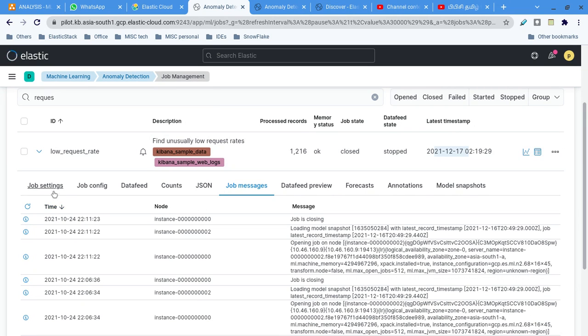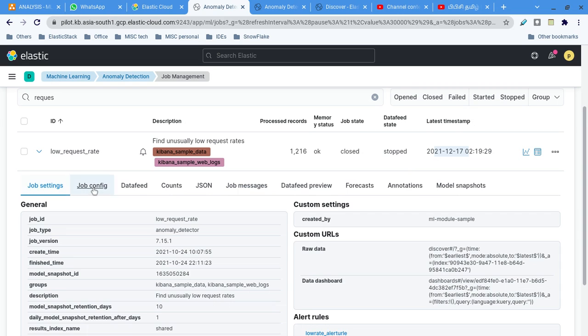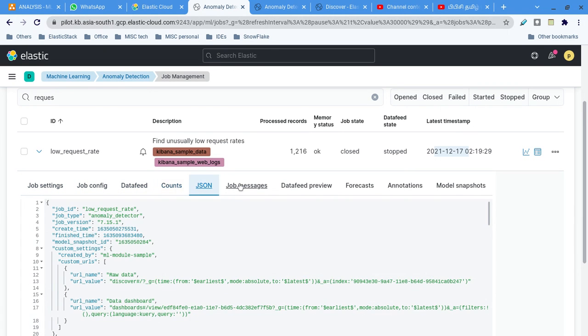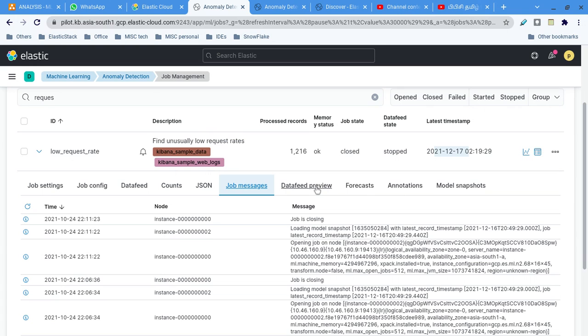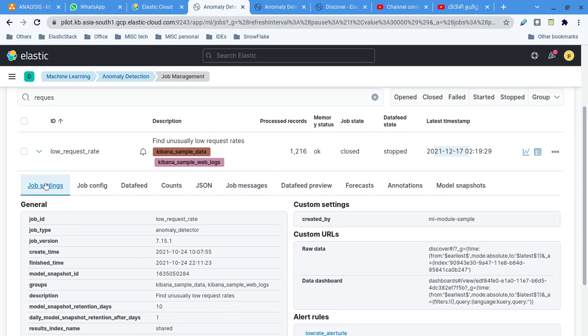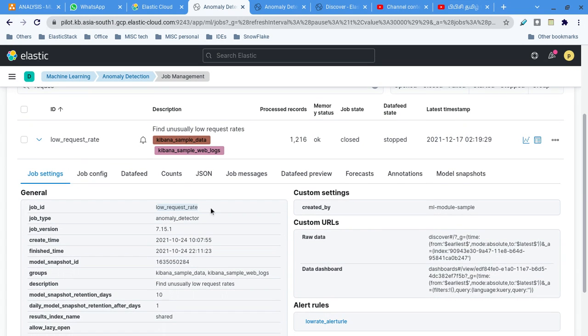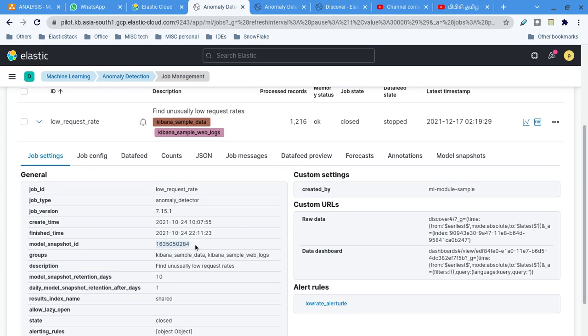Here are the different tabs available for each job. All of this information may be output of each job or configuration from job creation. Let's go to the job settings. Obviously we can see the job ID and job type, which here is anomaly detection. We can have data frame analytics as well: outlier detection, classification, everything. The job version is the Elasticsearch version, then created time and finished time. Then the model snapshot ID. You know what a model snapshot is, right? A model snapshot is different from